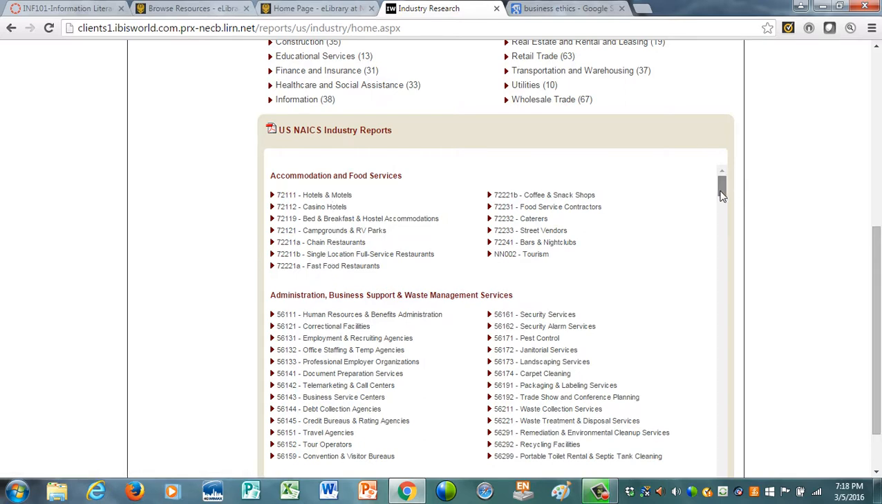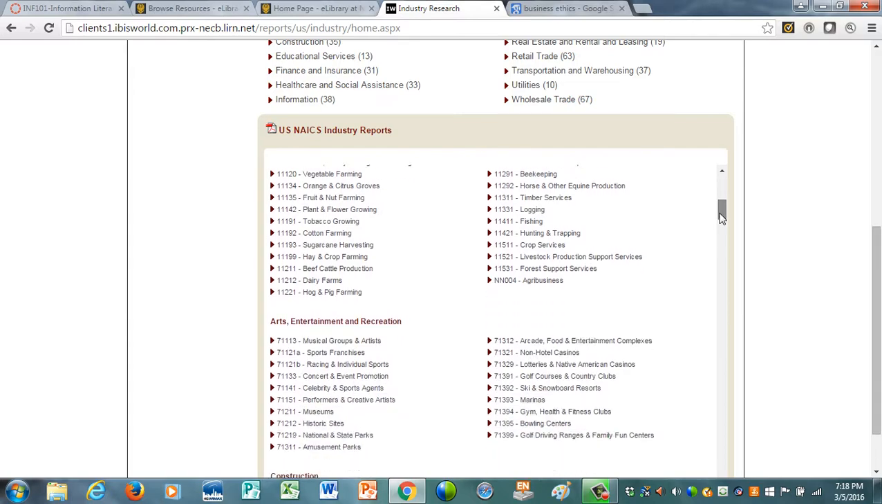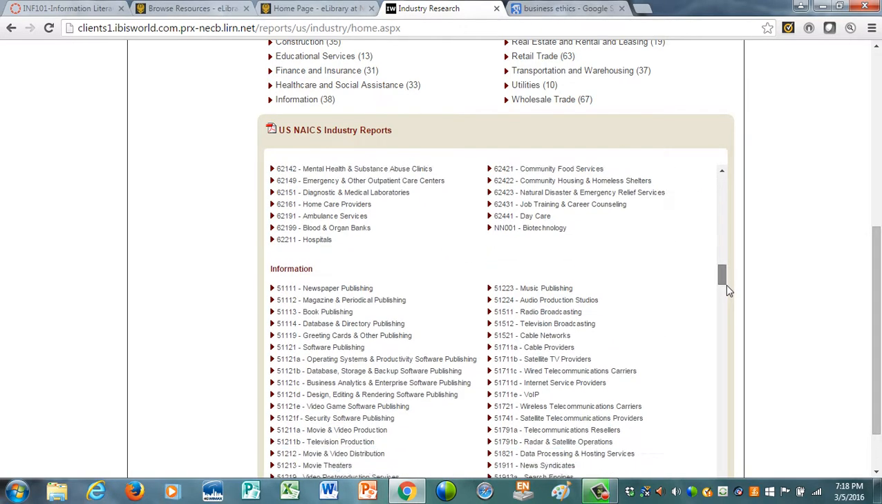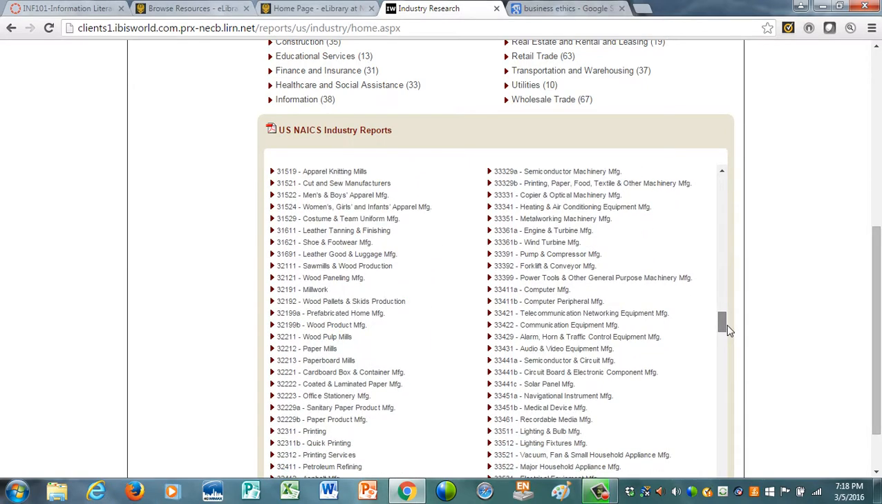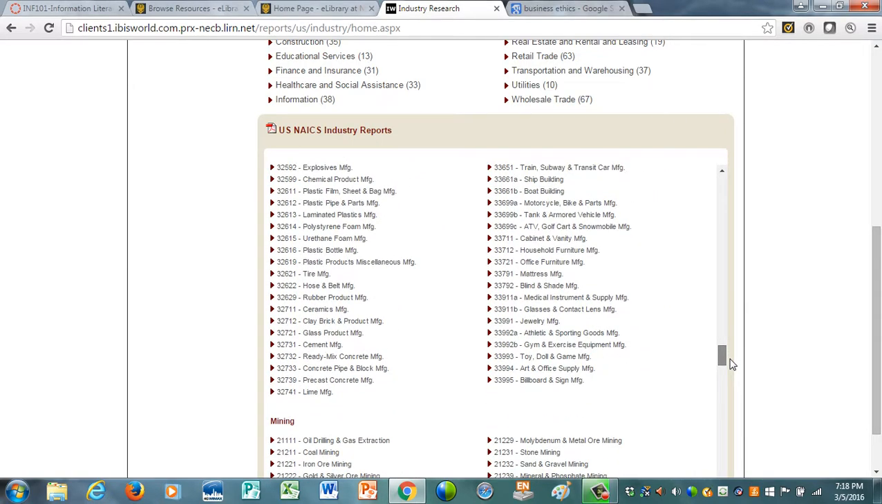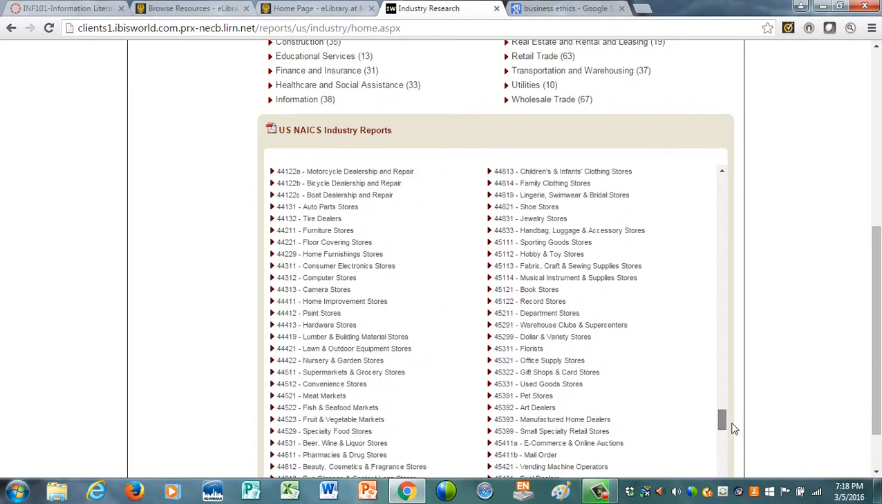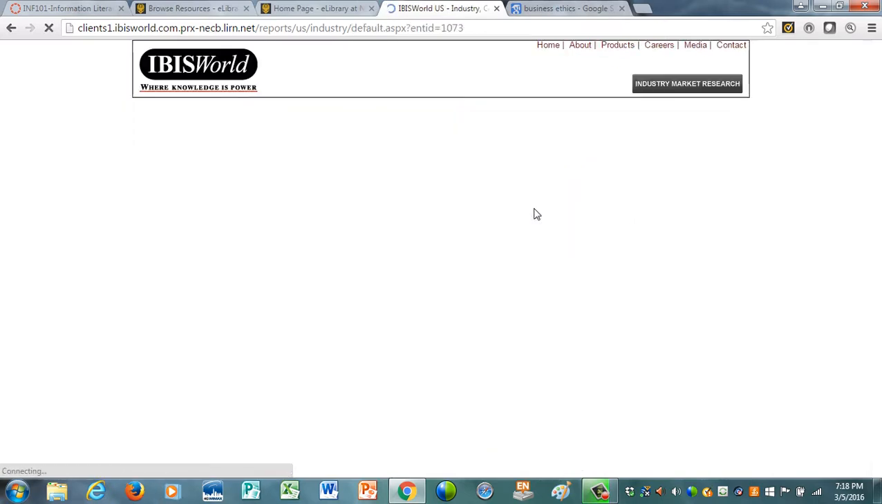So let's go down here just to give you a sense of the wide breadth of coverage. It's really pretty remarkable. Finance, healthcare, information, manufacturing. You can see all the different manufacturing sectors, mining, professional, retail trade. So let's take a look at one. Let's go into shoe stores. If we click on here, it will bring up the